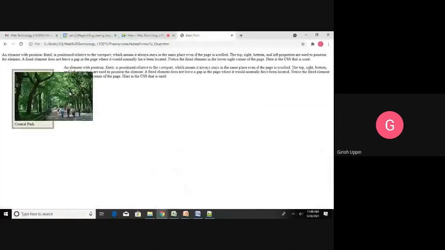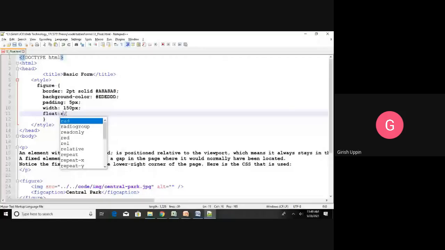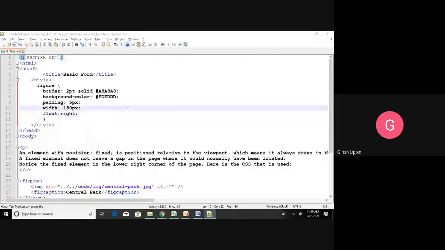Okay, now the border has changed. So this is now floated to the left, and the rest of the elements will flow on the right side. And if I set this as right, you can see it will float to the right.